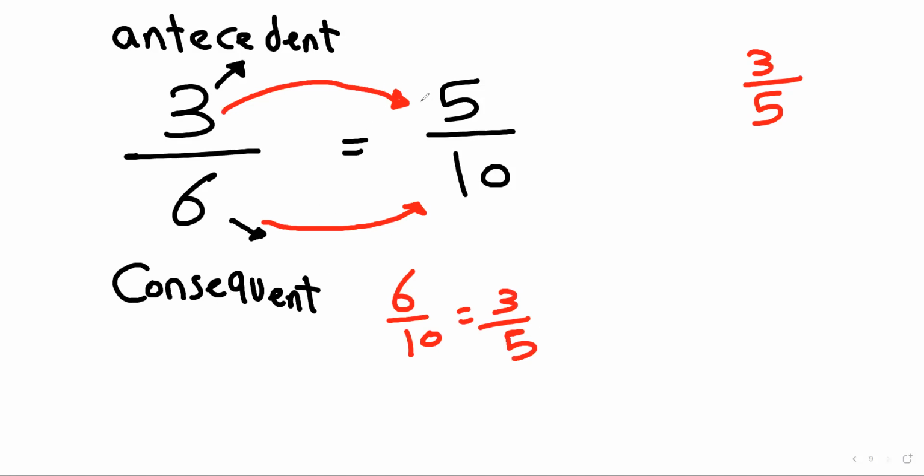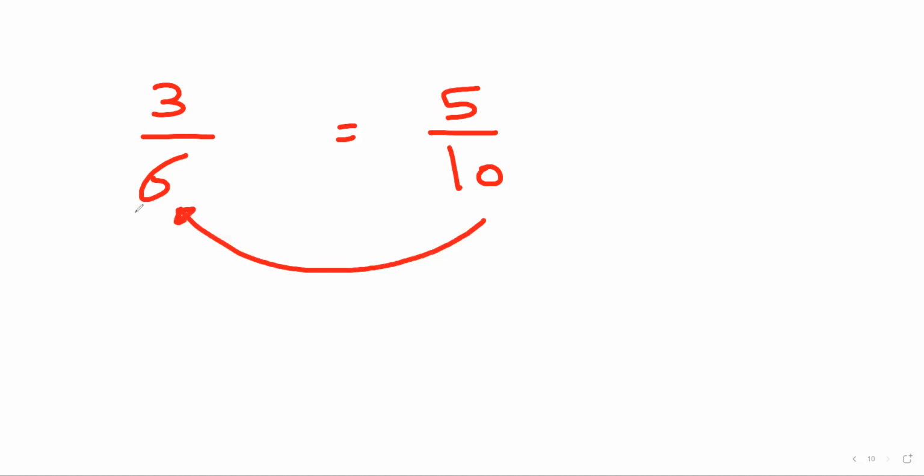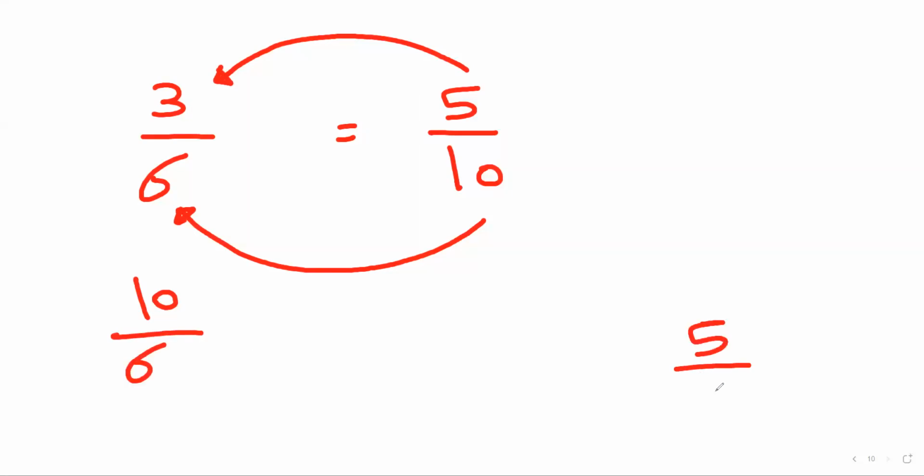And if you divide it here, once again, I said to you that 3 over 6 is the same as 5 over 10. If you divide 10 by 6, the bottom divided by the bottom, the consequent divided by the consequent is the same as the antecedent divided by the antecedent. So 10 divided by 6 is the same as 5 divided by 3. So top divided by top equals bottom divided by bottom. Here, 10 over 6 will be 5 over 3.